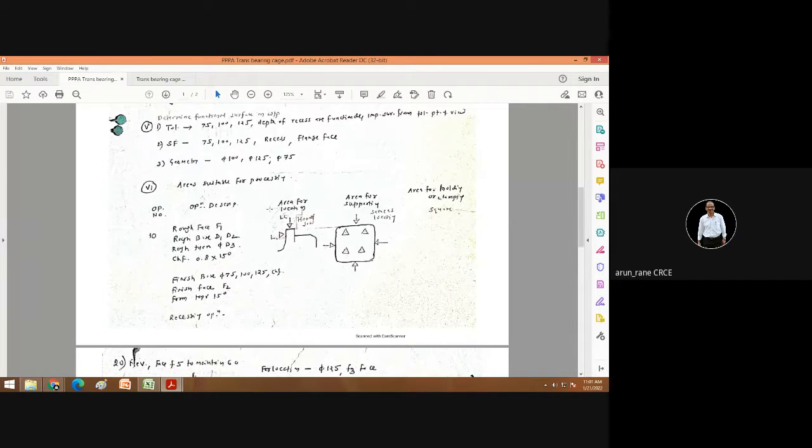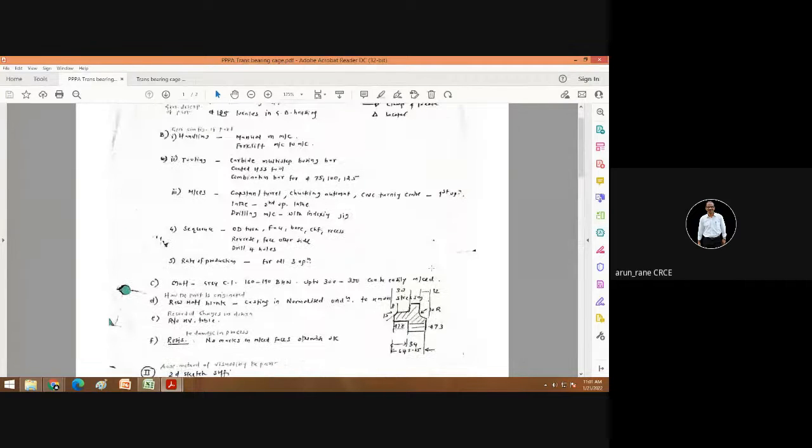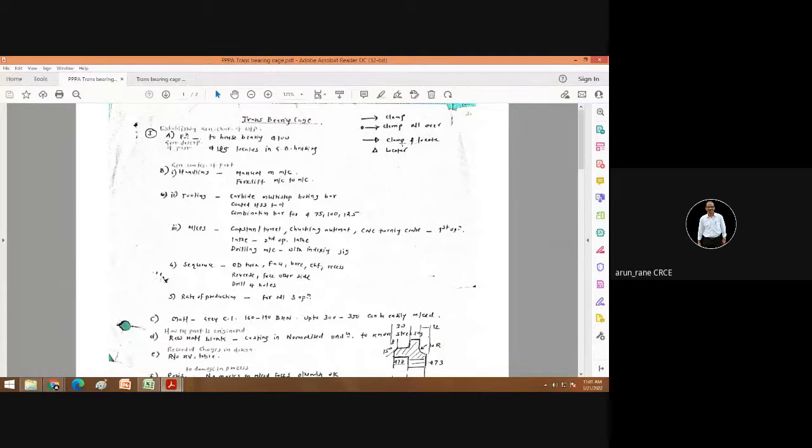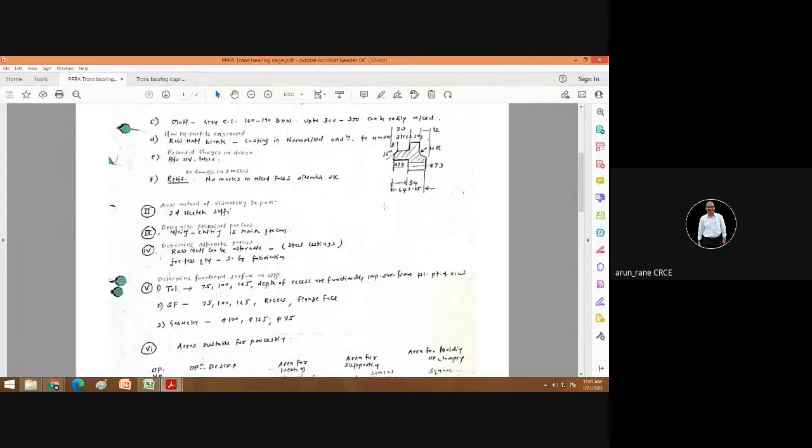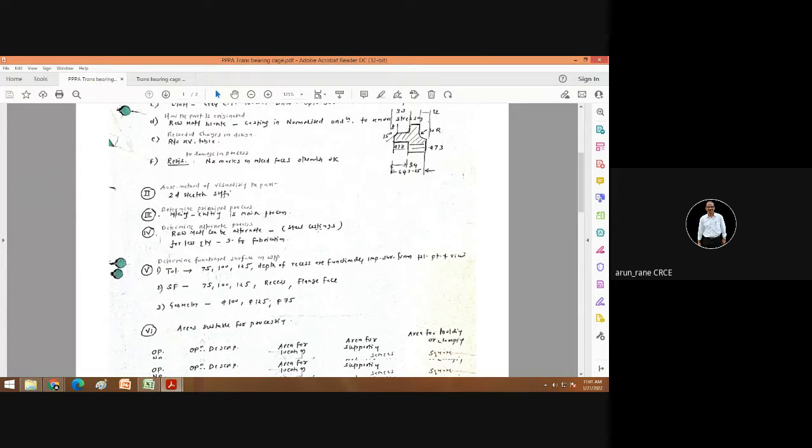Now look here, this is your hard jaw, in which the component is held. So this is your clamping and this is your locating. You are locating on this face and you are clamping here. See, this is a triangle, so it is clamp and locate, or it can be only clamping. But here, in this case, it is clamping and locating.